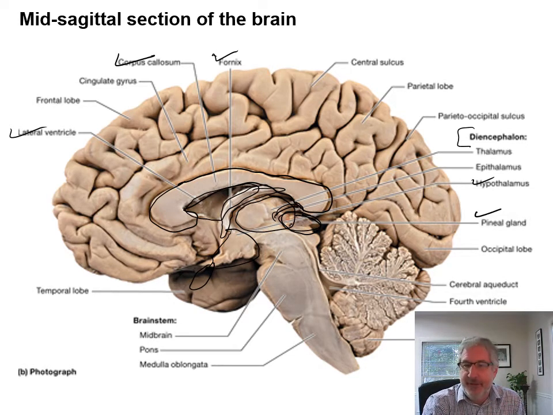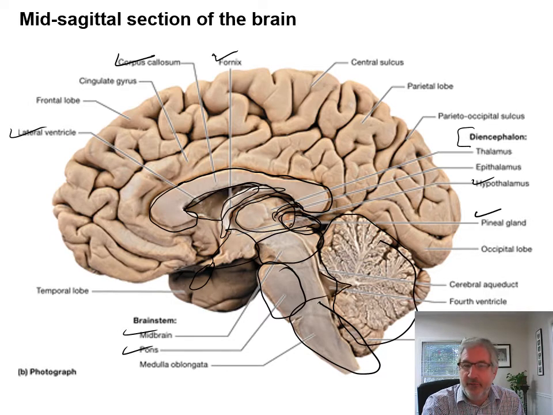Then we also have the brainstem. So we have the midbrain, which is this region here. Then we have the pons. And then we have this section called the medulla oblongata. And then we have the cerebellum here. And there's this little triangular part here. That's a ventricle of the brain. And we'll get into those a little bit later. But just so you know, the fourth ventricle of the brain, there's one of them right in front of the cerebellum. There's a lateral ventricle that's up here, right underneath the corpus callosum there. So, okay, next slide.